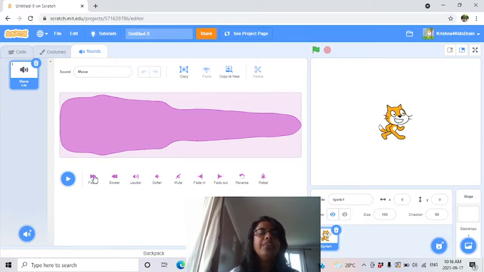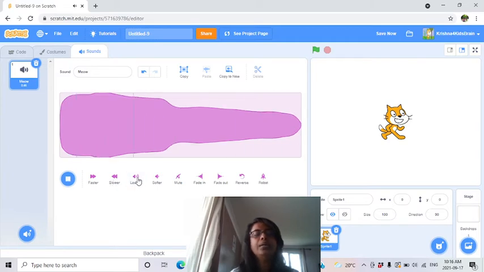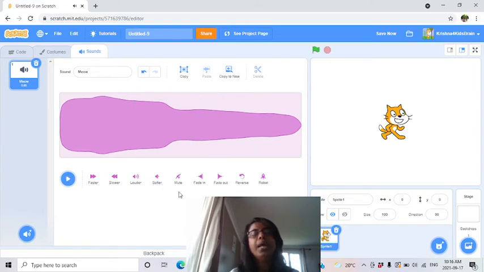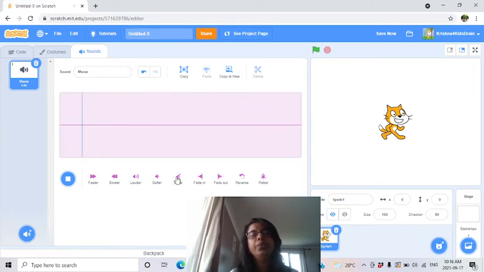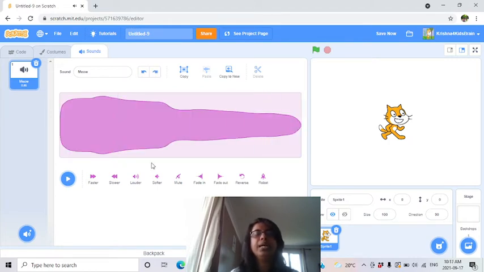Now, you can make it faster, slower, louder, or softer, and you can mute it too. If you mute it, you don't hear anything anymore, so you have to undo it and it will come back.